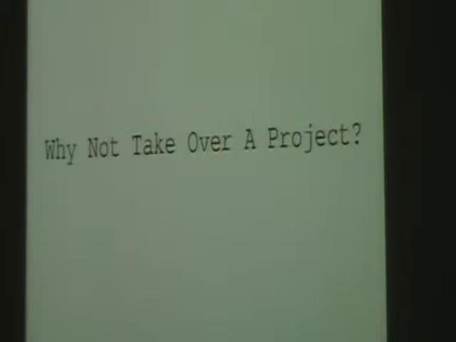And this one actually fixes a bug in the way that PDF simple table orders things. And that stuff was really making me mad at myself. And users were getting mad at us for PDF writer bugs. So we had all the headaches of maintaining a project with none of the fun. So at that point, you think, why not take over a project? If there's no one else there, I mean, what's the worst that could happen?